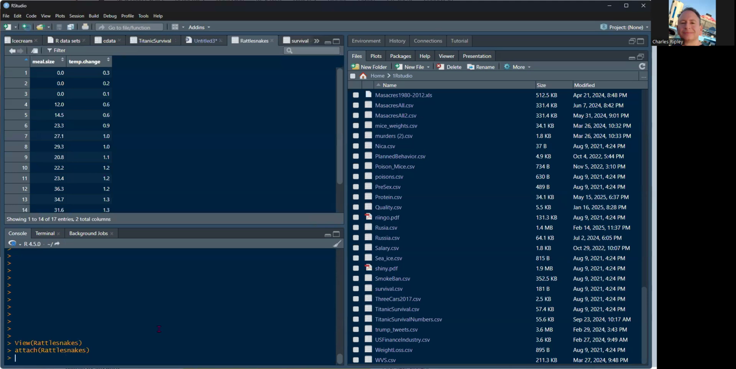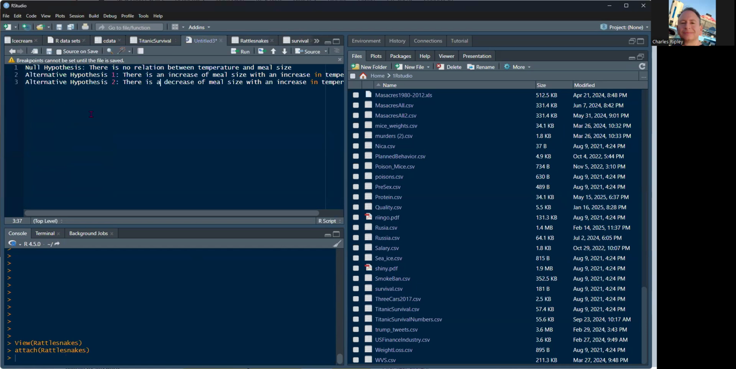So the goal here is to practice hypothesis testing and regression analysis. So you'd have a null hypothesis. This would be there is no relationship between temperature and male size. The alternative hypothesis is there is an increase in male size with an increase in temperature. Move that over. And then the other alternative hypothesis, number 2, there is a decrease of male size with an